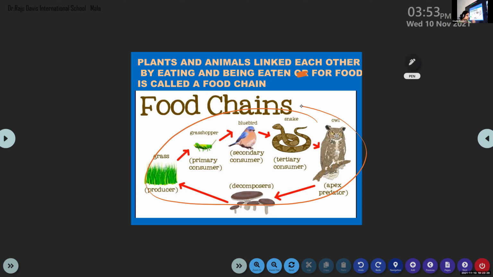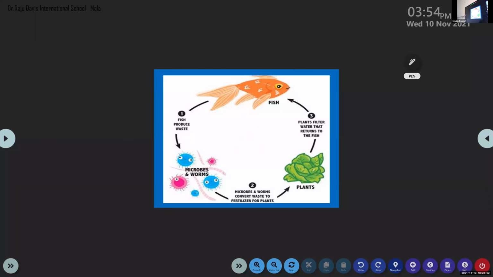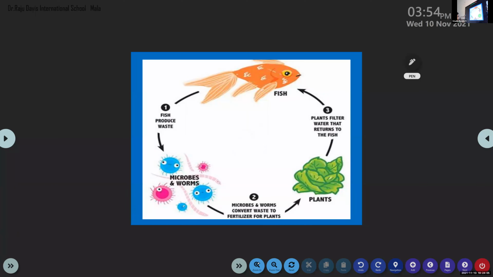Without plants, the main producer, and without any animals, the decomposers will also die, right? If there are no birds, no plants, will the human beings survive? No, ma'am. We are the people who eat plants, animals, everything. Correct. Okay, leave it. So this is another food cycle in the water.